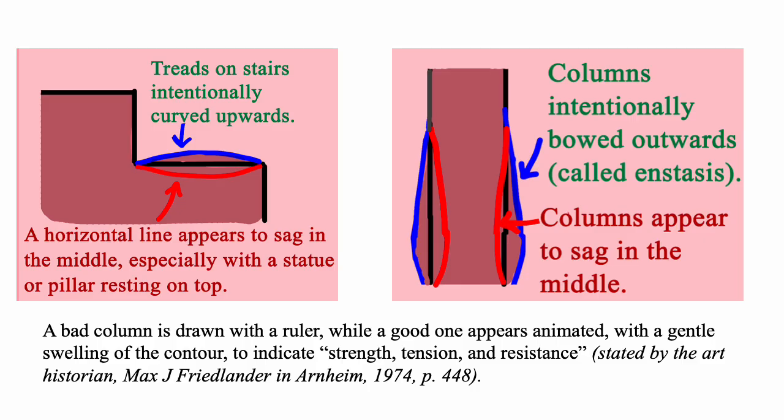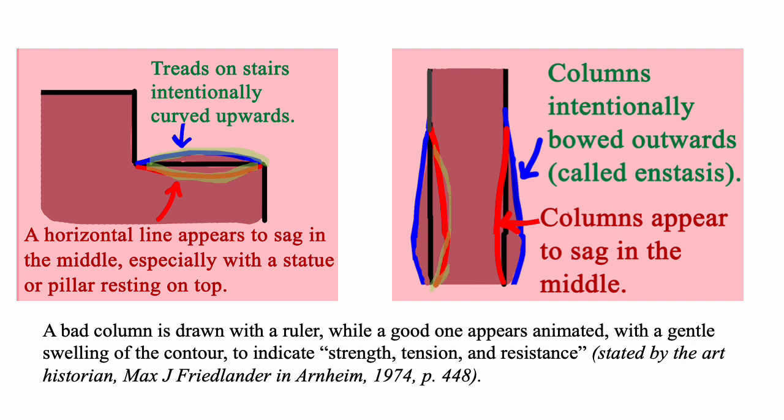The ancient Greeks altered their architecture to counteract optical illusions, so this horizontal line seems to sag in the middle. And the Greeks made their treads on stairs curve up to compensate for this apparent sagging. Similarly,